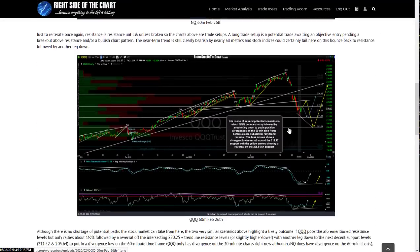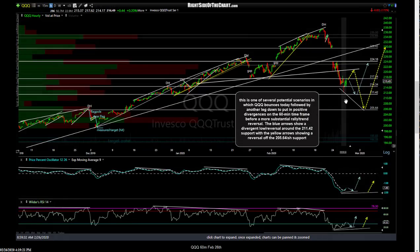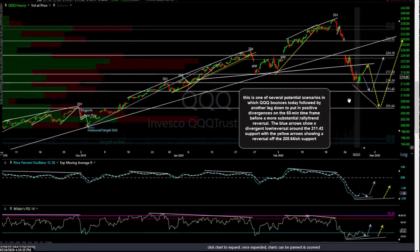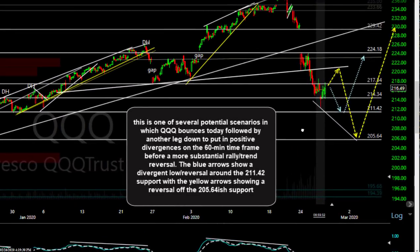It went down, and this one as well, I wanted to talk about here. So this kind of sums up my thoughts. It's a little bit of a busy chart, with a couple of scenarios, and I don't like to do that because I realize, and I said this here, there's an infinite number of scenarios and possibilities for what the market can do. But what I think is most likely is,